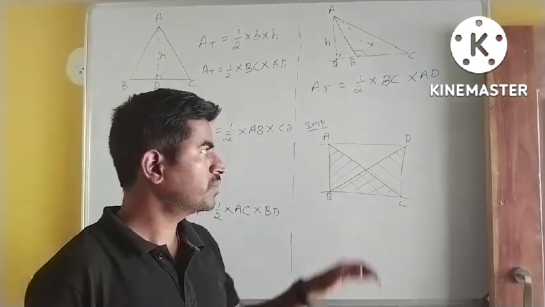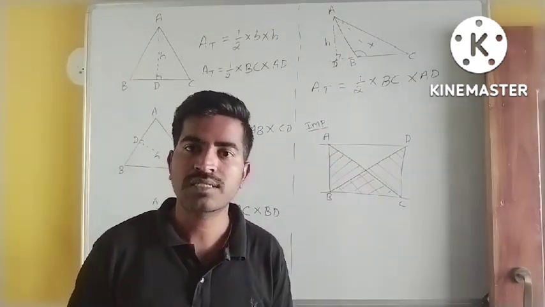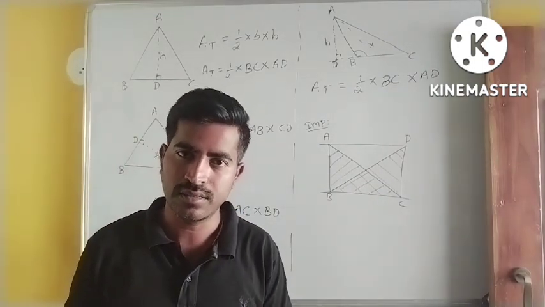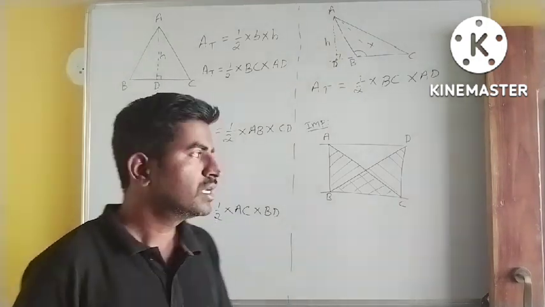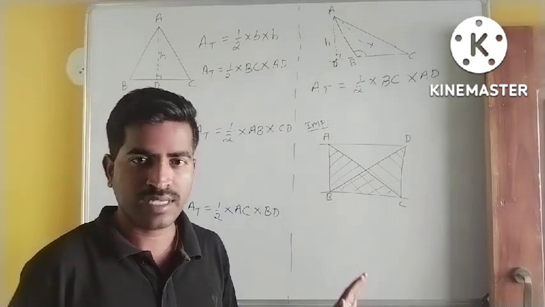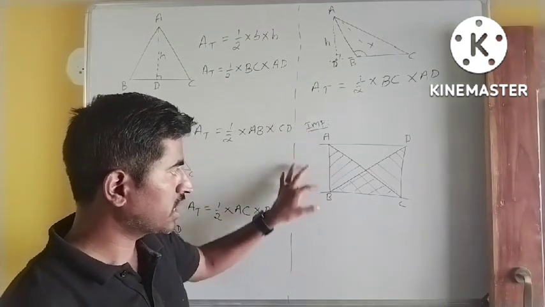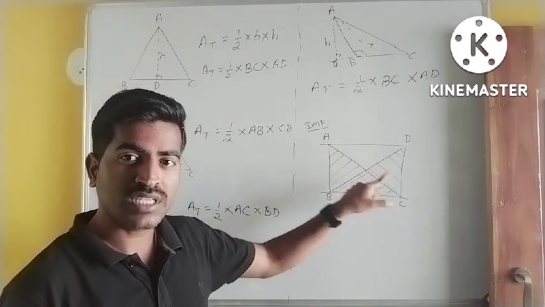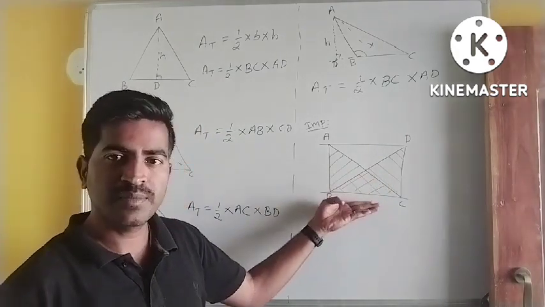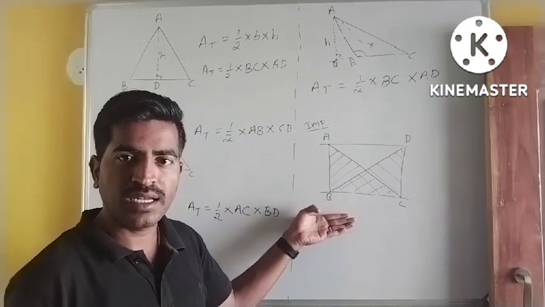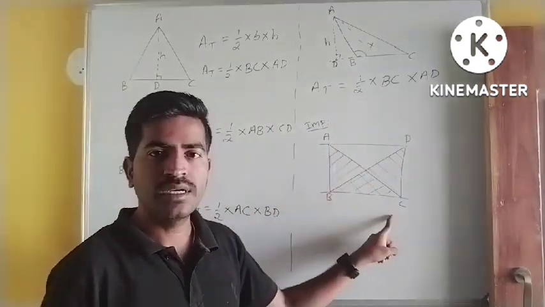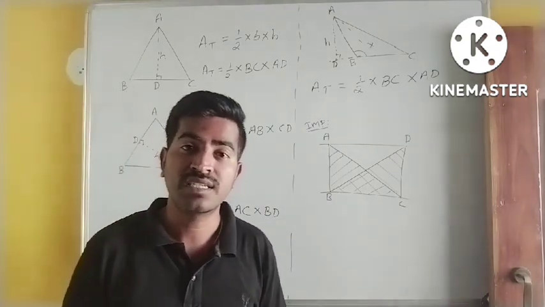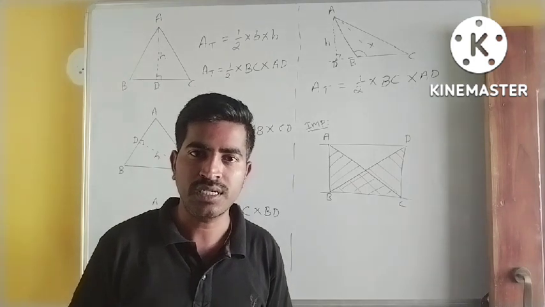And one more important theorem is from class 9. Whenever two triangles lie on the same base and between the same two parallel lines, then their areas are equal. For example, here, if you consider triangles ABC and DBC, these are the two triangles lying on the same base BC and between the two parallel lines AD and BC, then their areas are equal. So it is one of the important theorems which is necessary to prove the basic proportionality theorem.